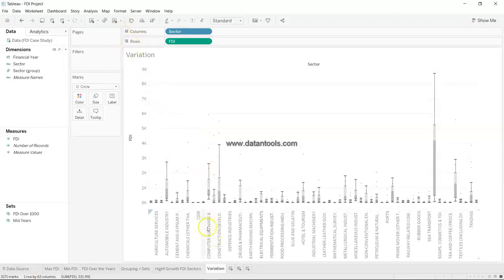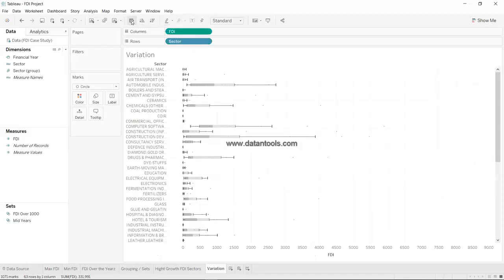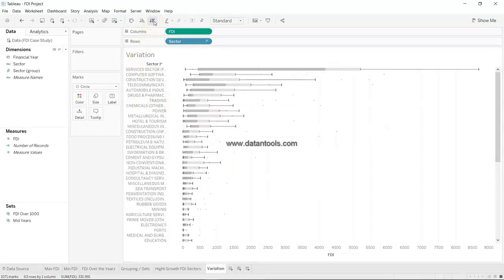Right now a lot of values are not coming. I can clearly see this value is somewhere here, this value is here, but we don't know what value this is because it is not displayed. So I will just click over here, which is swap rows, and the shortcut is Control W. I highly recommend that you use the shortcut, and I will also use it. So Control W, and because shortcuts make us look a little bit more professional, we are not just using our mouse. I believe that. So let's move on, and let's click on the sorting, and within just 1 second I